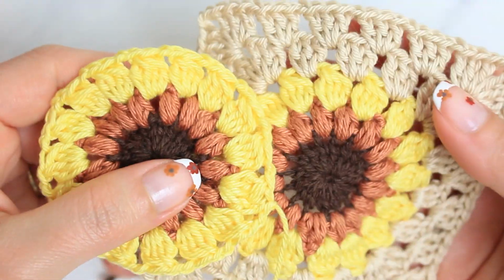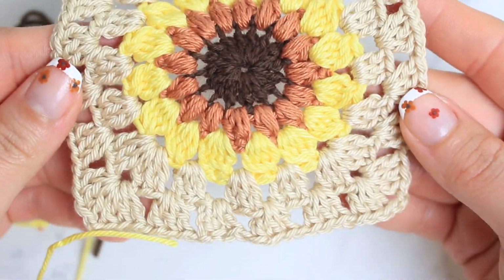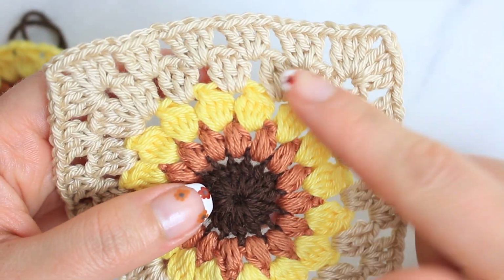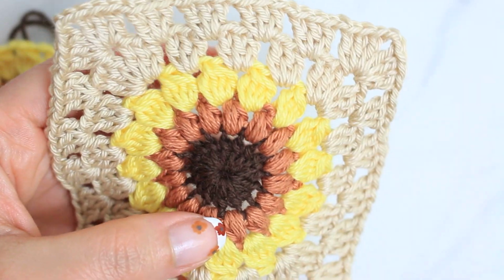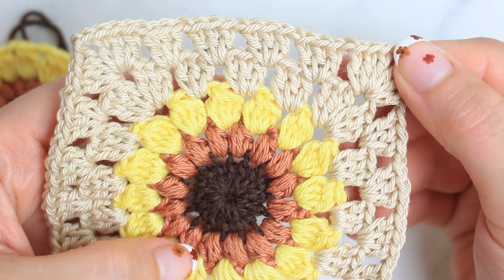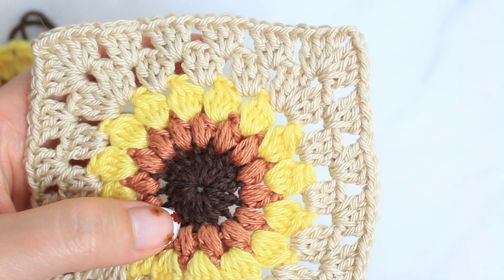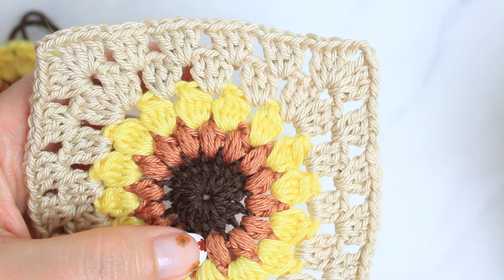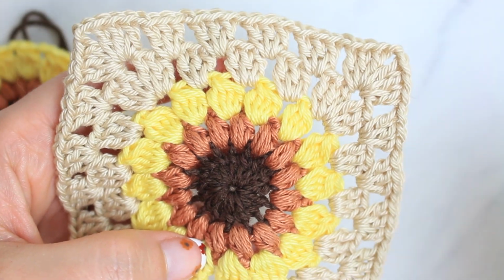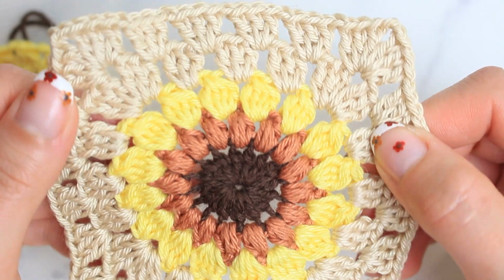Now the last thing we have to do is to create 2 rows of granny squares going around this beautiful flower. If you want, you can keep 1 row only, but because I have something in mind that I want to do, I'm gonna do 2 rows, and probably I'm gonna add more rows after this one, maybe in different colors, using the same shades here but kind of adding more rows. But let's see what I'm gonna do. For now I'm just gonna do 2 rows of